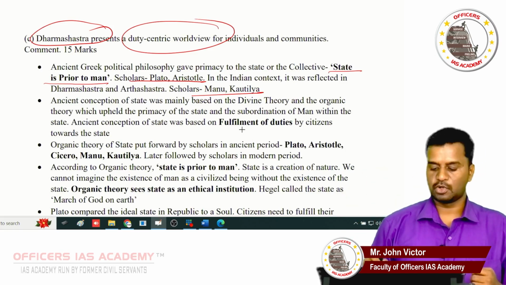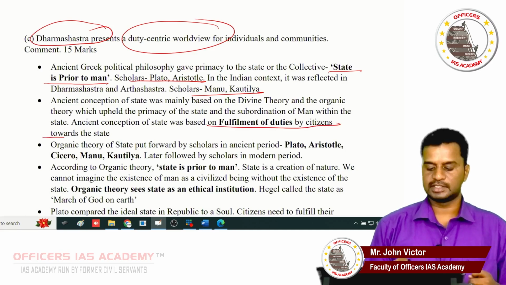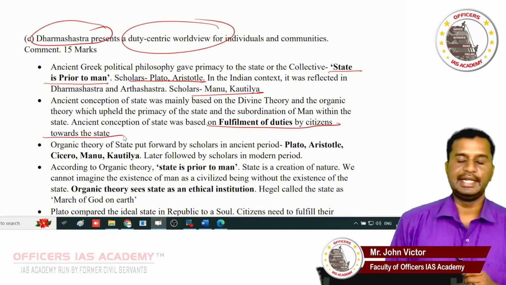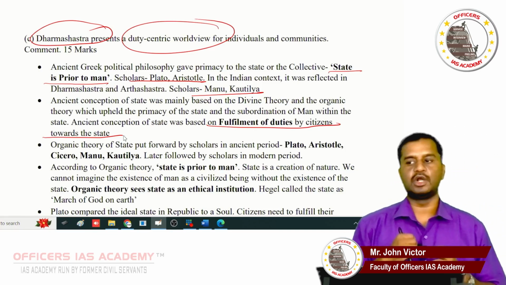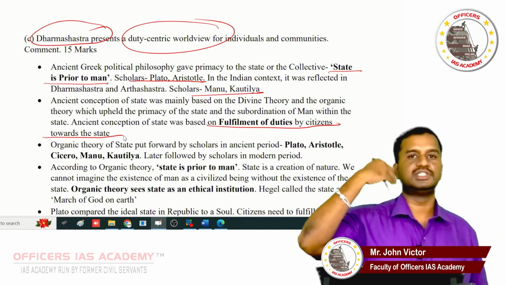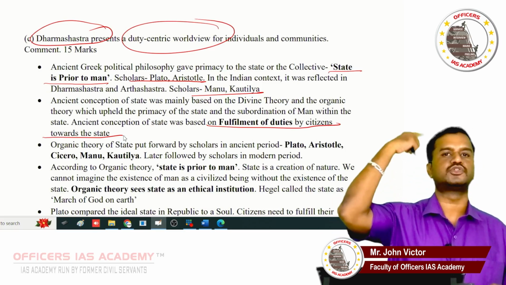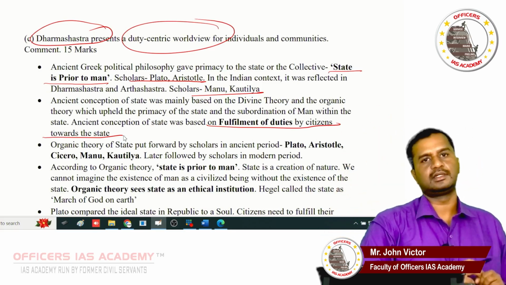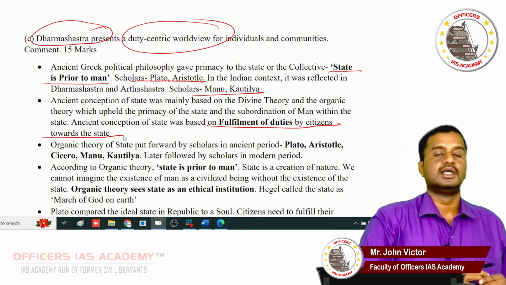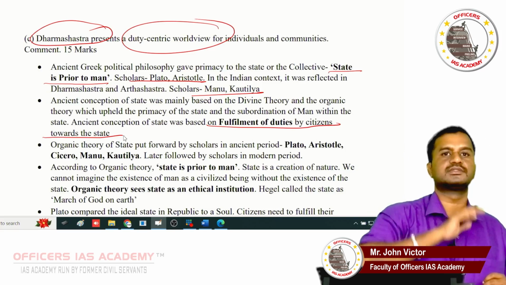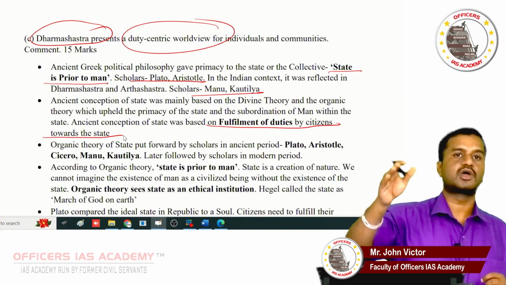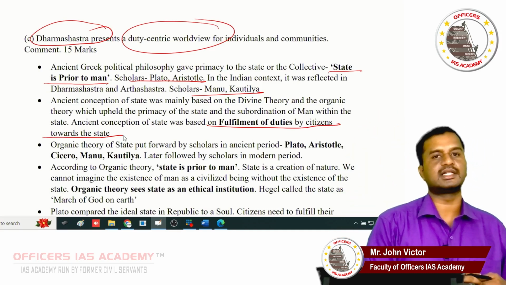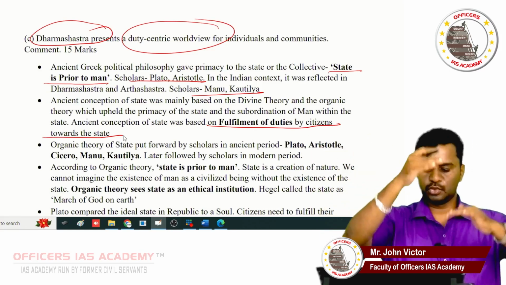Dharma Shastra spoke about the fulfillment of duties by citizens. Ancient Greek philosophy spoke about virtues. Individuals have to develop virtues. Developing virtues leads to justice, or dikaiosyne, which in turn leads to eudaimonia, or the greatest happiness. The same was spoken by the Indian political scholars. People have to fulfill duties. This will lead to justice, called dharma in the Indian context. This dharma naturally leads to the greatest happiness in the Indian state. So you associate.